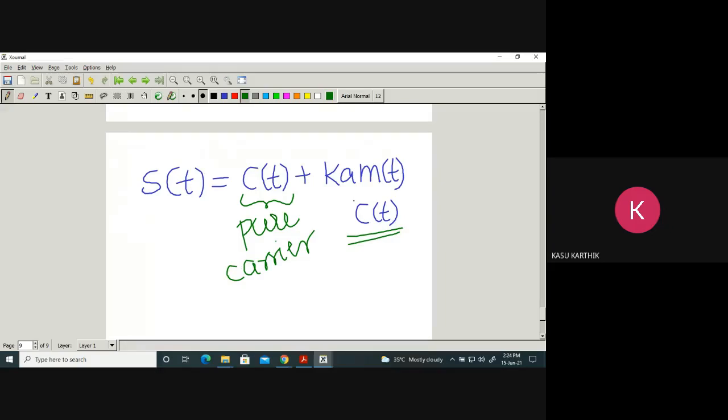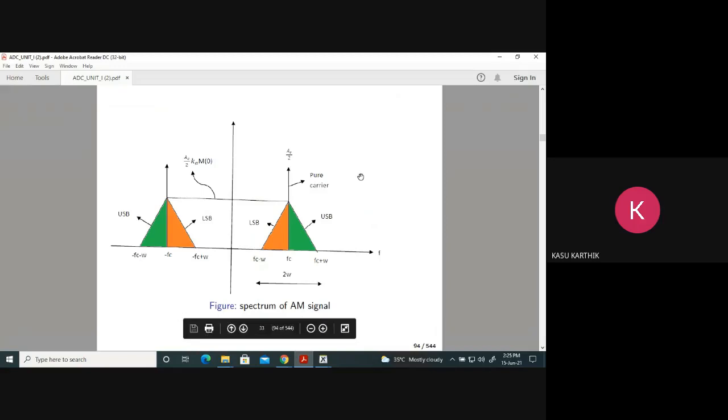So basically, what is modulation? How does modulation work? You take the message signal, you take the carrier, and multiply both. That is basic modulation, also called the modulation property. In AM, after doing the multiplication, we are adding a pure carrier. So in the spectrum also, you will get this pure carrier at fc and at minus fc with the amplitude AC by 2. Here also AC by 2. This is the right shifted version of your message spectrum, and this is the left shifted version of your message spectrum.